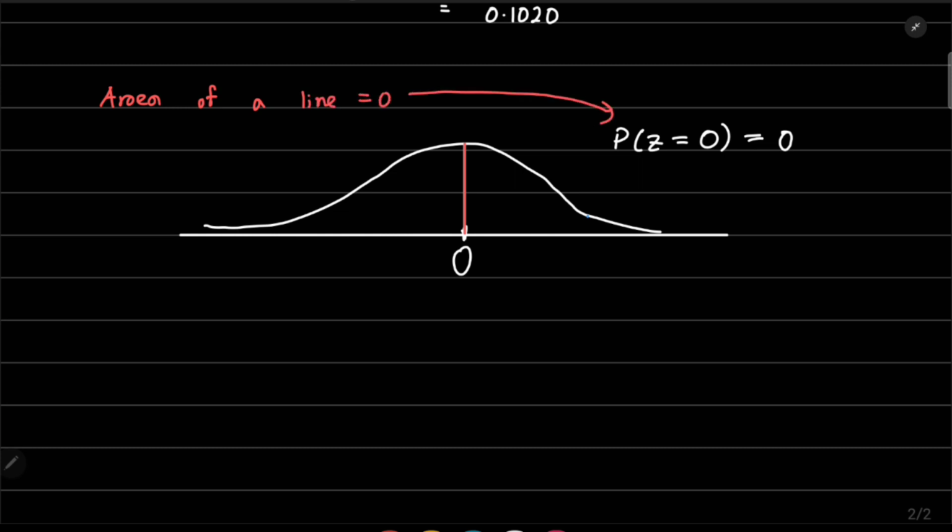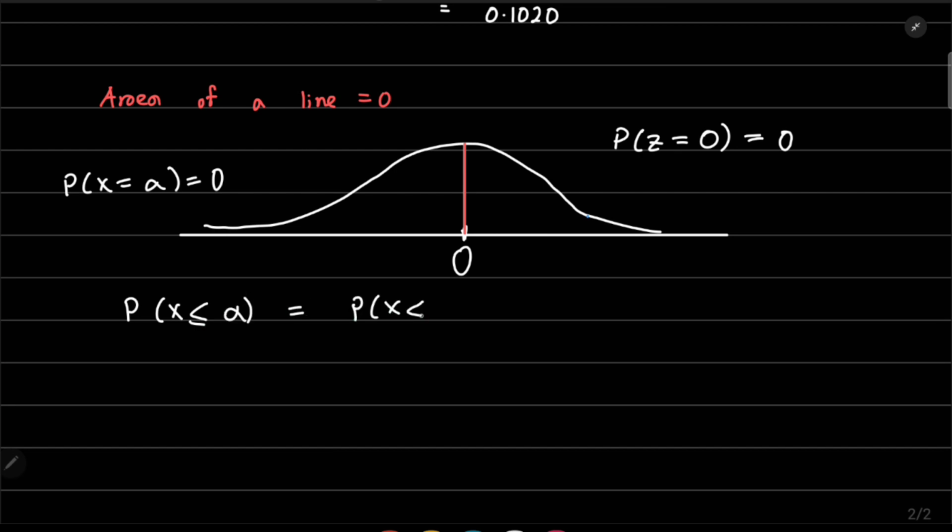So for any value, the probability of the variable being equal to any value is 0, since the equal to sign means that it's on the line. If it's on the line, it cannot have an area. Its area is 0, so its probability is also 0. For this reason, the probability of x less than or equal to alpha is also equal to the probability of x less than alpha. Now we need to be able to